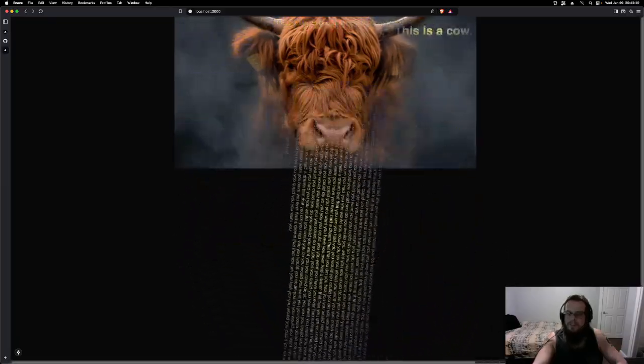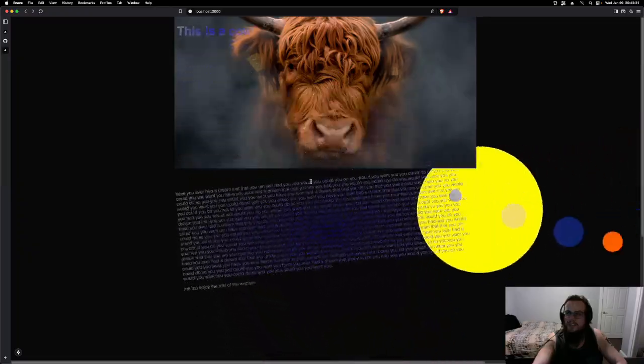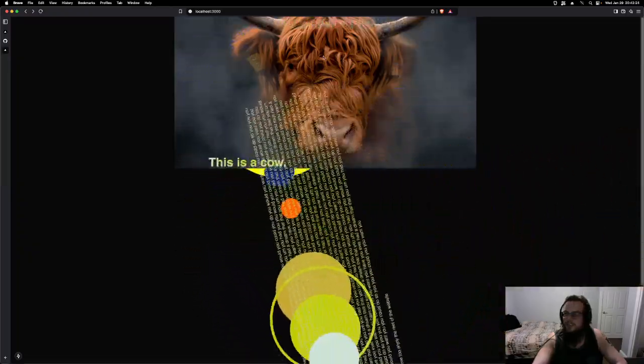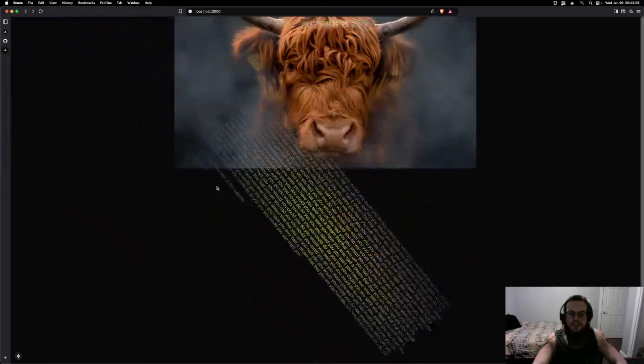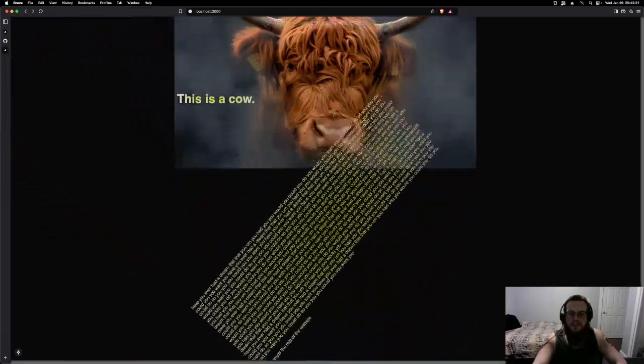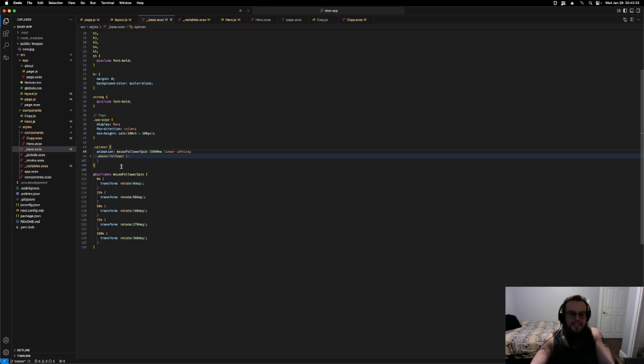This is what that looks like. Why is my z-index that low? Alright. First off, way too slow. Let's do